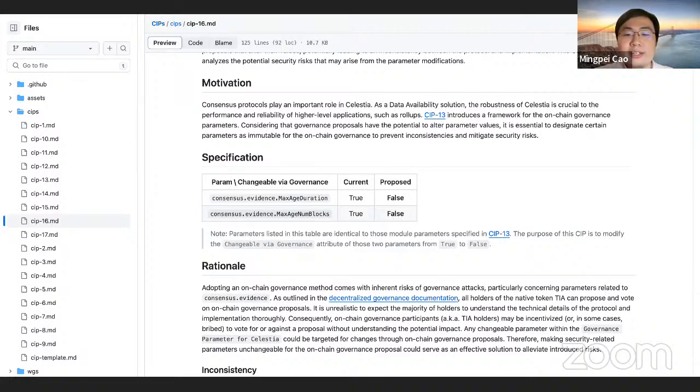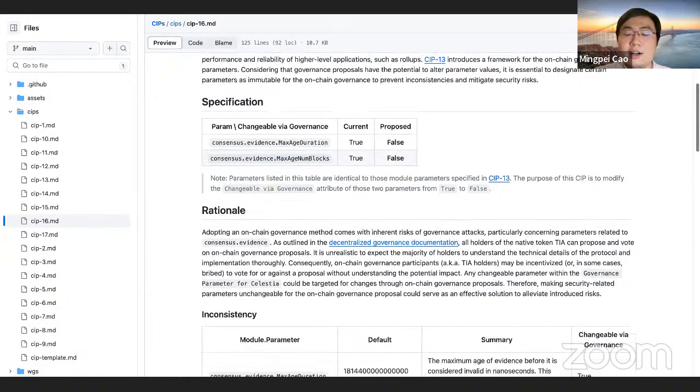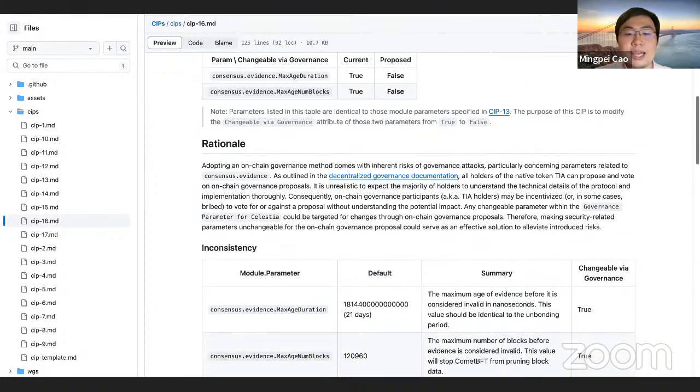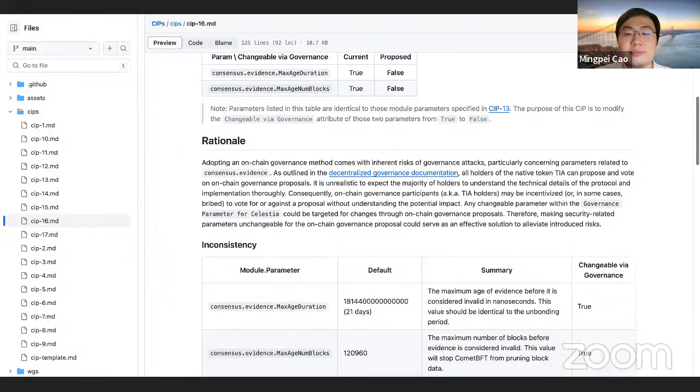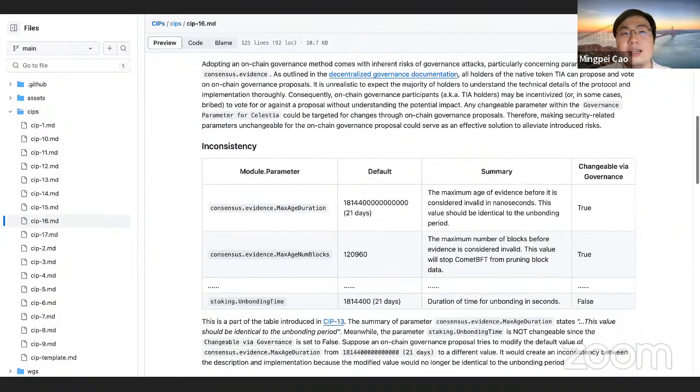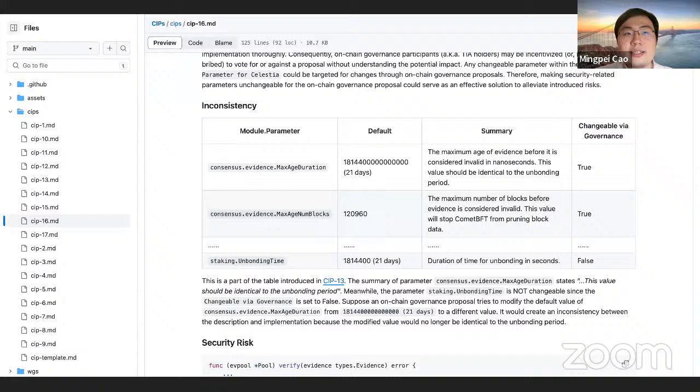I would like to provide two supporting data points for this proposal. The first is Osmosis, the exchange for the Cosmos ecosystem. In the design of Osmosis, the max duration of evidence parameter equals the unbonding period, which is 14 days. Another is one of the CCS '23 distinguished award papers, which analyzes the DeFi takeover attack that happened on the Tron blockchain.